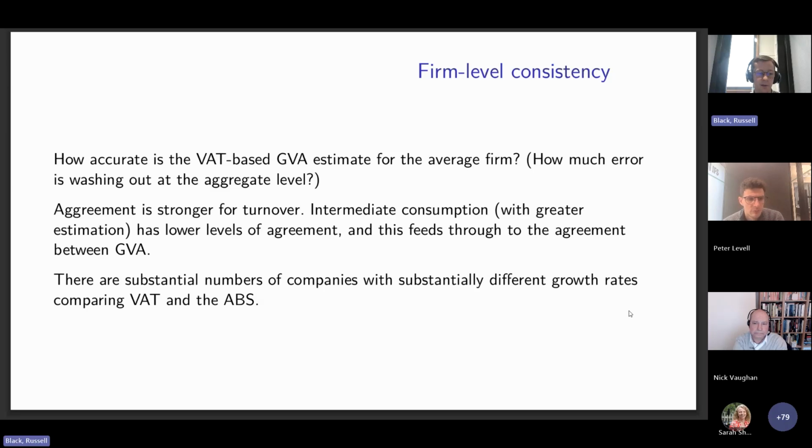Even then, there are still large differences for simple firms, where this firm is a small 20-person company that really shouldn't have any business reporting different numbers to both sides. We see lots of firms that are agreeing strongly and lots of firms that are disagreeing strongly.